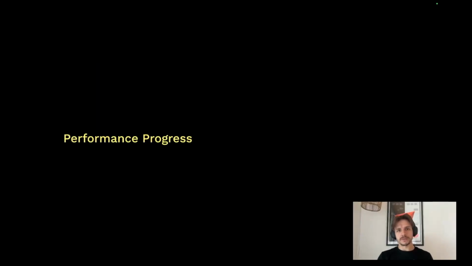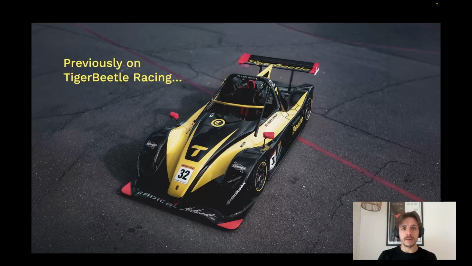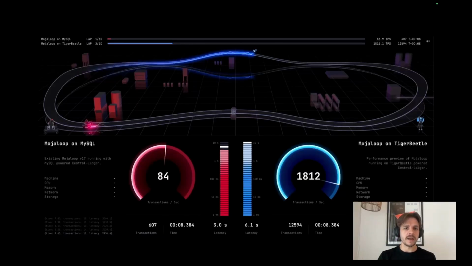Let's talk about performance. So previously, on Tiger Beetle Racing, I demonstrated Tiger Beetle Racer, our benchmark visualizer, and we raced both Mojaloop running on top of